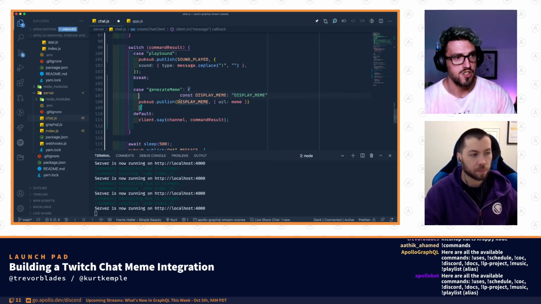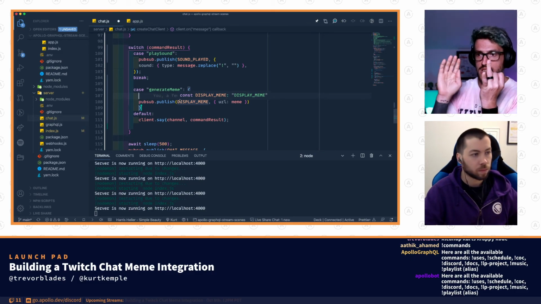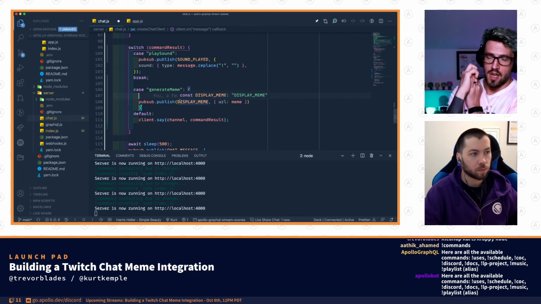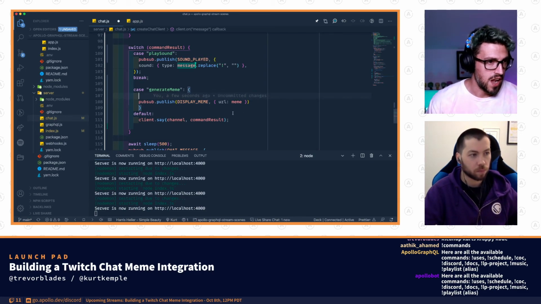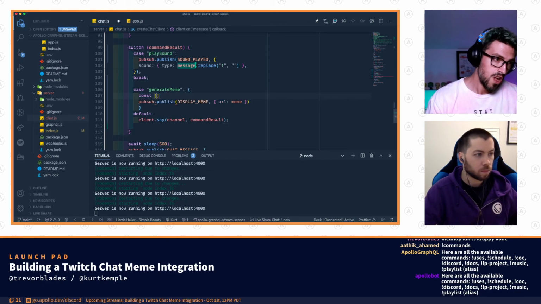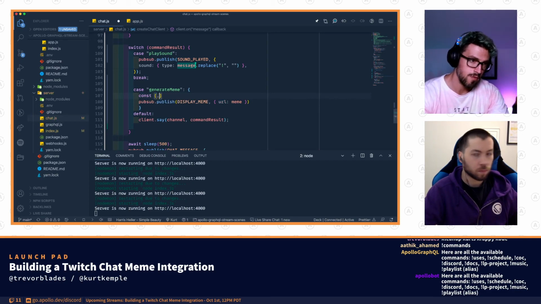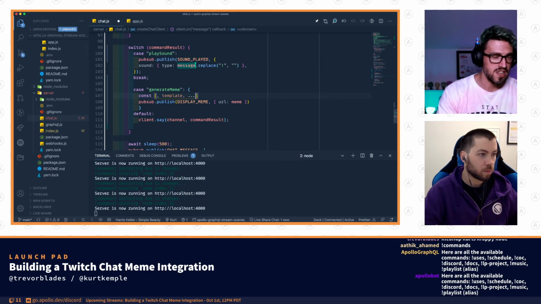Because remember, we need to get the template, and then we need to get the string, like what are we going to put on top of it? To do that, we can just do, comma, and then template, dot, all the rest of them